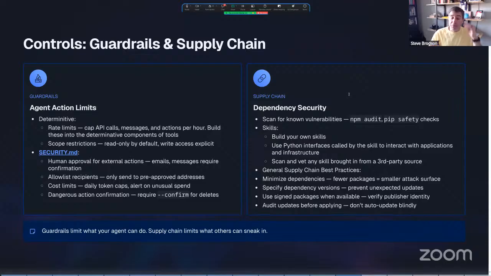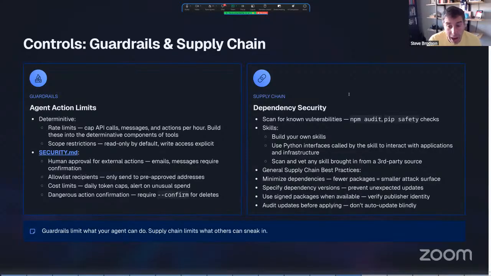In general, these are just general good best practices for coding, for DevOps, that sort of thing. So minimizing dependencies, making sure you pin those versions so that you don't get dependency mismatches.